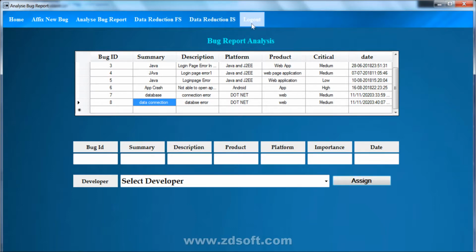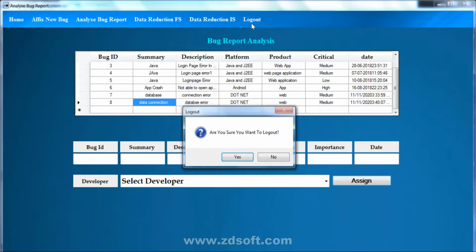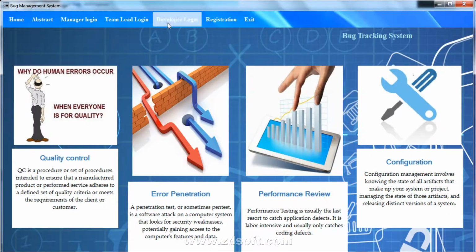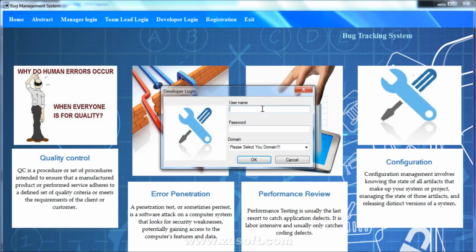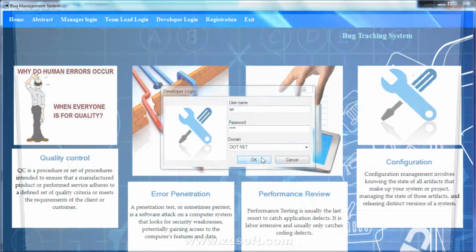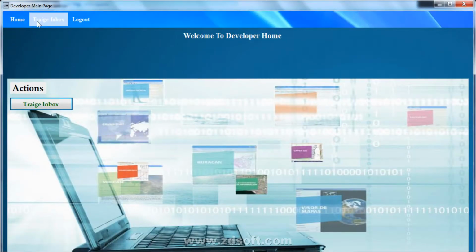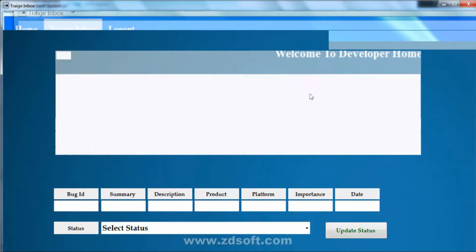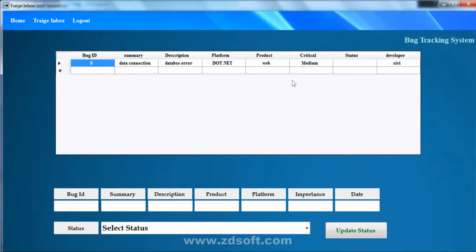After assigning the particular bug, the developer needs to log in. Once they log in to the bug inbox, he will get a list of the particular bugs that have been assigned to him and he needs to rectify these bugs, and after rectification he needs to update the status about this bug.